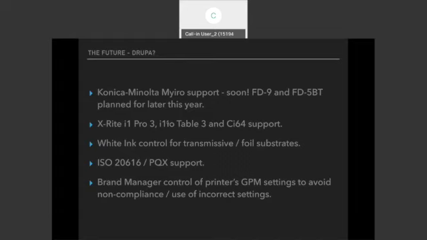By that, I mean the use of incorrect settings. At the moment, a printer can send data to a brand manager or their group data center with the wrong settings, or settings that make the job seem better than it is,